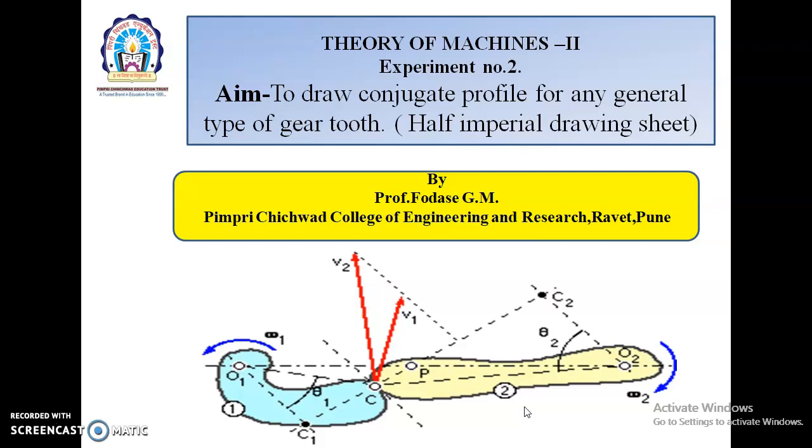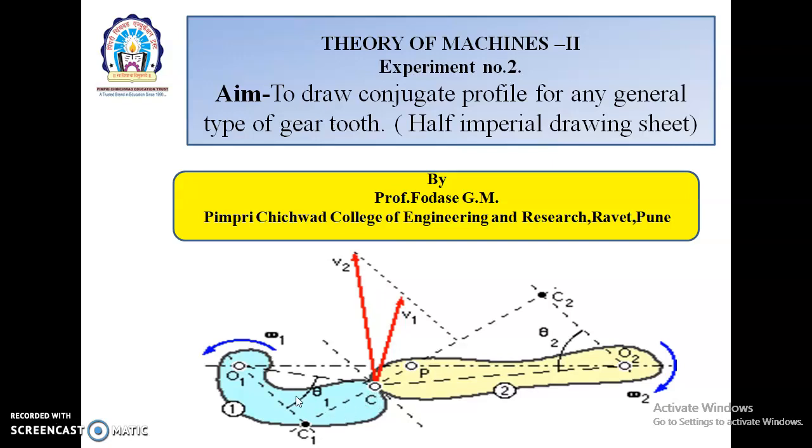So for understanding law of gearing, let's consider two gear tooth profiles, gear tooth profile 1 and gear tooth profile 2. We select two random profiles, and gear tooth profile 1 is assumed to rotate about center O1, while profile 2 is assumed to rotate about center O2 with angular velocities omega1 and omega2 respectively. Assuming external contact, both will rotate in opposite directions as shown here by these arrows. Now these two gear tooth profiles will make contact at point of contact C. So C is the point of contact.